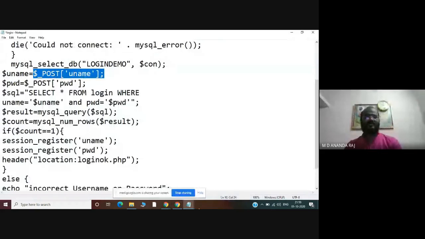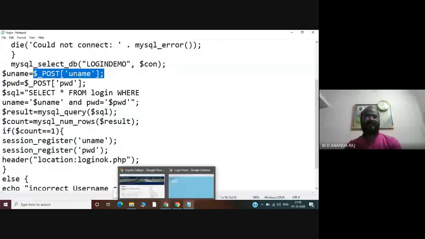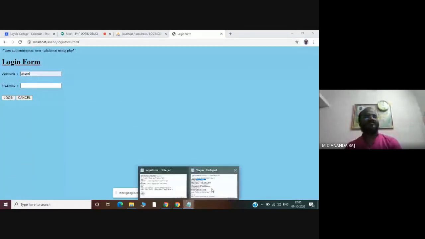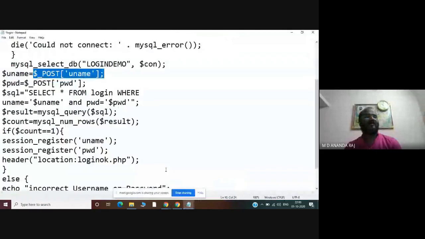The user is going to type the username. I am going to type the username. This Anand value can be captured by this particular code, that is $_POST of uname, and that value will be captured and stored in a particular variable called $uname.